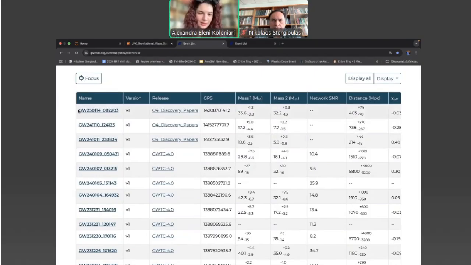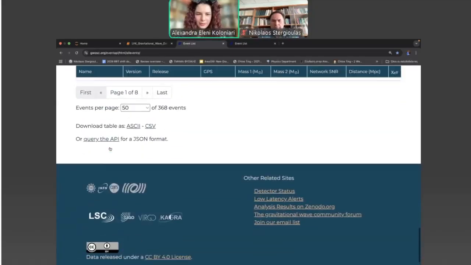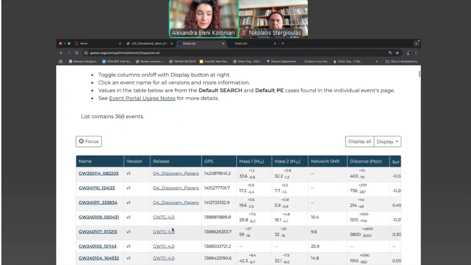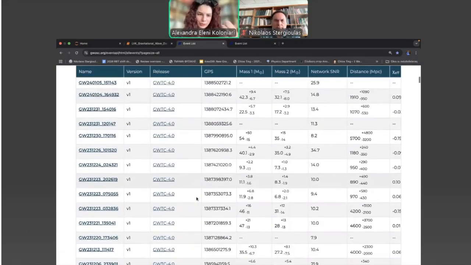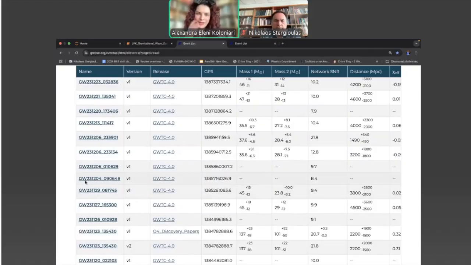So for example, you can see here also events from the recent publications for which the data might not be available yet. However, all those events are here, and if you go down and press show all, you will find all the events. You will also sometimes see the same events multiple times in that list because we have the same event in different catalogs, or we might have something that seems like an event, but then it got dropped. So it will say here, for example, auxiliary for that specific case.